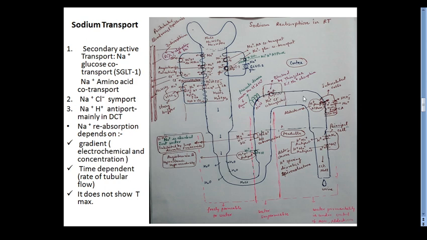Then in the distal part of the DCT and the CT, there are two kinds of epithelial cells, called intercalated cells and principal cells. These intercalated cells have a special type of hydrogen ATPase pump. This is an active pump, meaning it utilizes energy from ATP. So these intercalated cells have this hydrogen ion pump which actively secretes the hydrogen ion into the renal tubules by their active working.